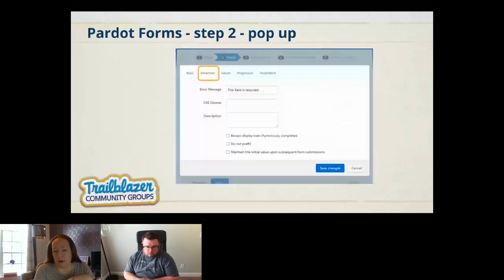And this is where you can set up some customizations on how you want the field to behave. Do you want the field to always display even if the person has previously completed it? So let's say that I am seeing a form for the first time. I see the fields for first name, last name, company, email address. What if on the second visit, I'm a cookied person, do I want them to see the first name field again? If yes, then I would check this box to always display even if previously completed, so that the person would see the field